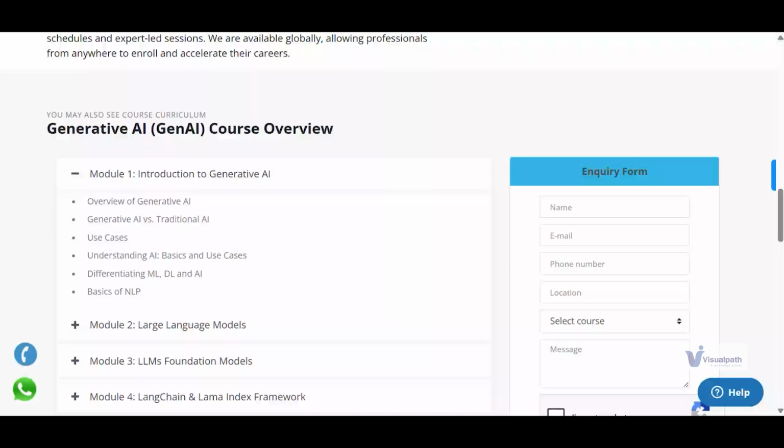So we will start with NLP basics: how a machine which does not understand English takes input as text and gives output as text. How does it do that? At the back end, there is some engineering. We call it vectorization: words are converted into lists of floating point numbers, which is also called embedding. We will understand those very basics, how the processing works and how text is converted into numbers at the back end.